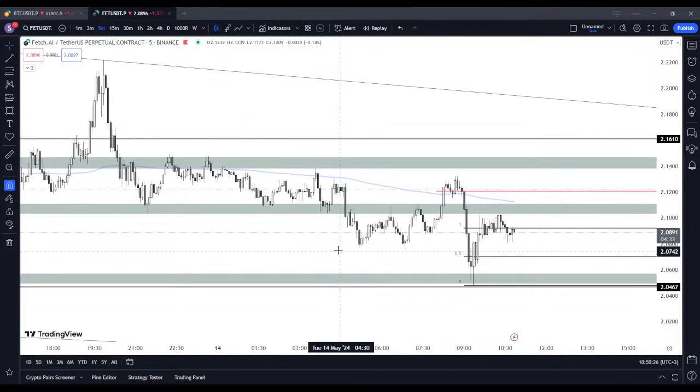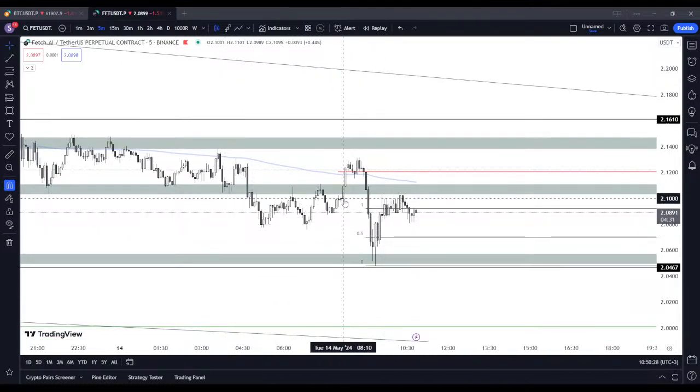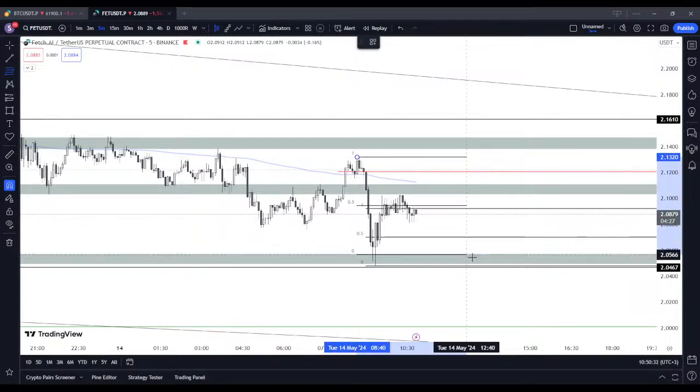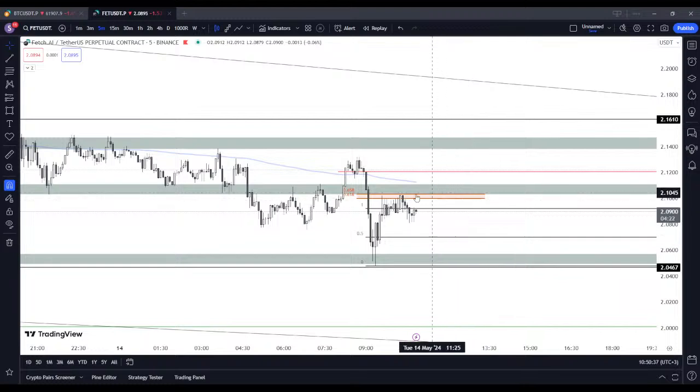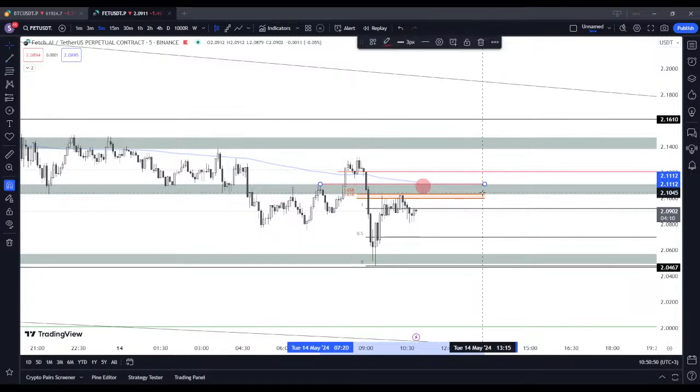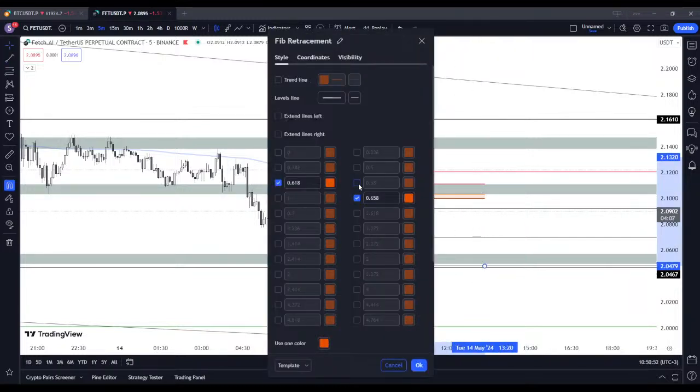Well, I can't do anything with FET on 5 minutes. We have a bearish market structure shift, so basically we should short a retest of the golden pocket. There we go. Nice rejection of the golden pocket. So even the price might go a little bit higher into this area, these previous highs. I think we have a sweet spot or 78.6 here. There we go.